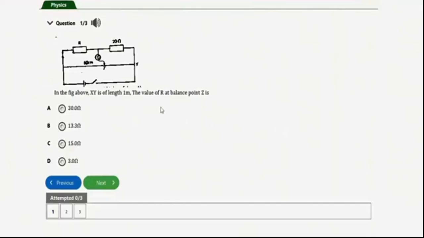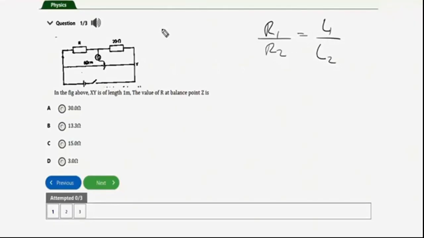Let's get started. The first question says, in the figure above, xy is of length 1 meter. The value of R at balance point Z is. For this particular question, the formula to apply under potentiometer is R1 over R2 equals L1 over